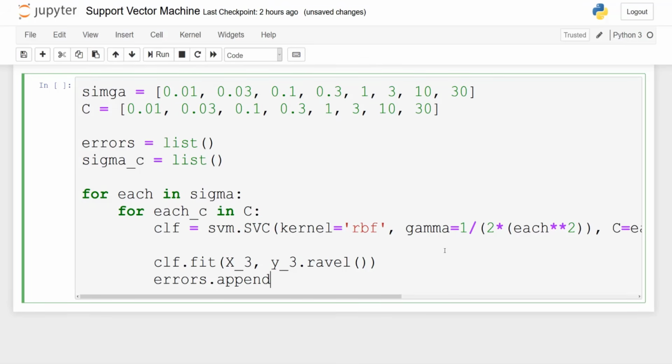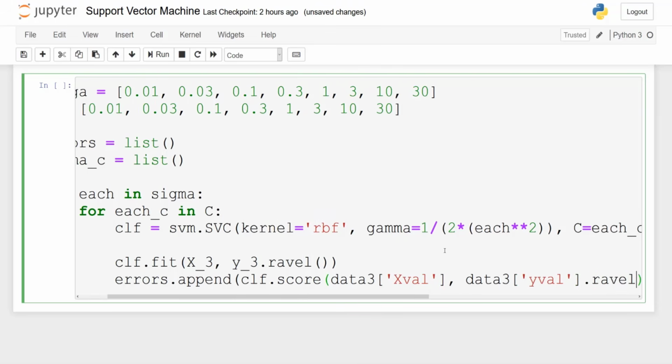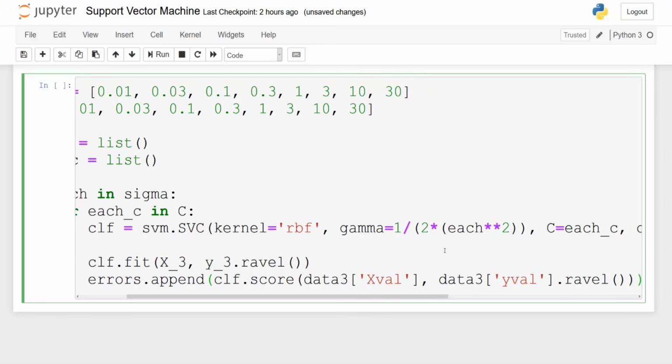And we will append the errors to our list we defined earlier. So we're going to append clf.score on data 3 x val and data 3 y val dot ravel.